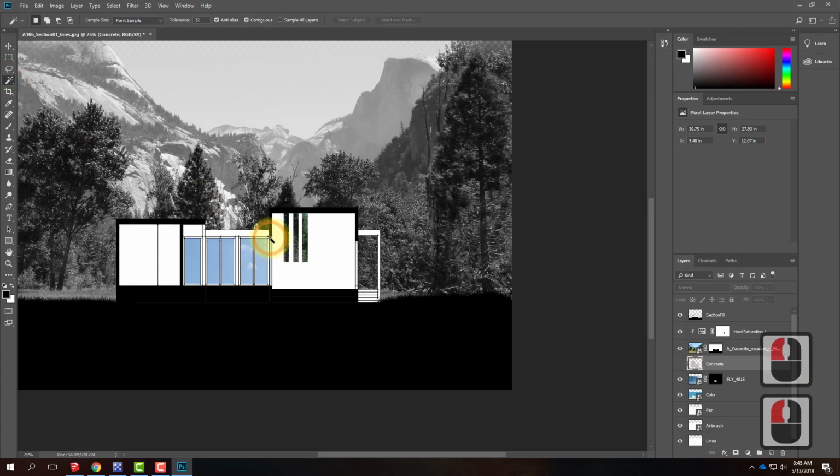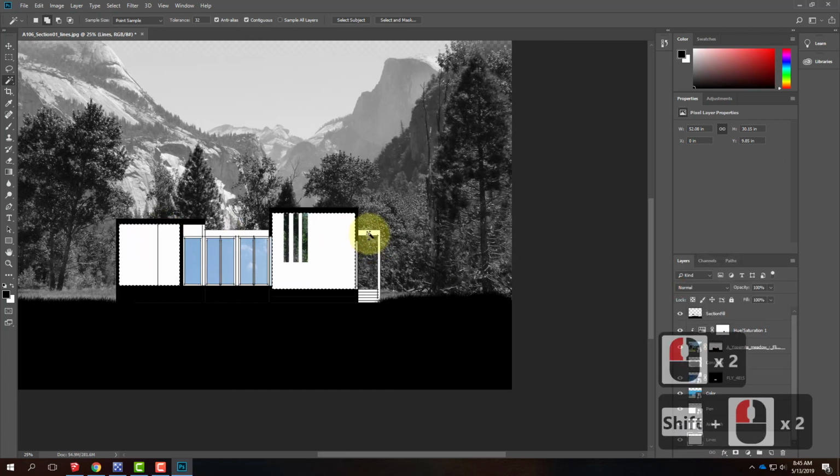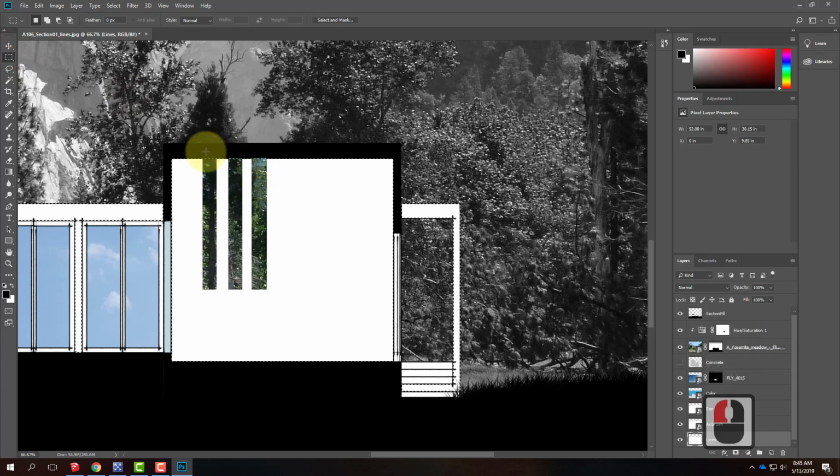I'll use my magic wand tool, and I'll need to make my selection. Sorry, let me use my lines to make my selection. It will be there, there, and there. I could also choose, if I wanted to include that piece and or the pieces that are outside those pieces as well. Again, that's an option that you can decide on. Because I cut these windows in after the fact, I do need to make sure that I exclude those. So let me hold down the Alt key to subtract from the selection, and I'm going to subtract that window, that window,